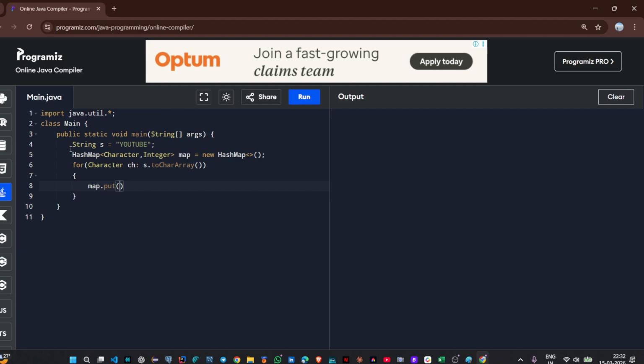In a HashMap, if we need to add elements and characters, we use the put method. We use the put method for adding key-value pairs in the HashMap. Here, map is the object of HashMap we have created, so we use map.put. What we need to put here is the character which we are representing,